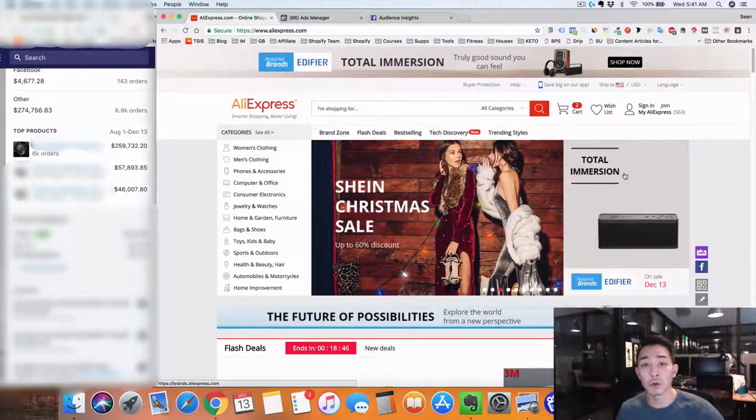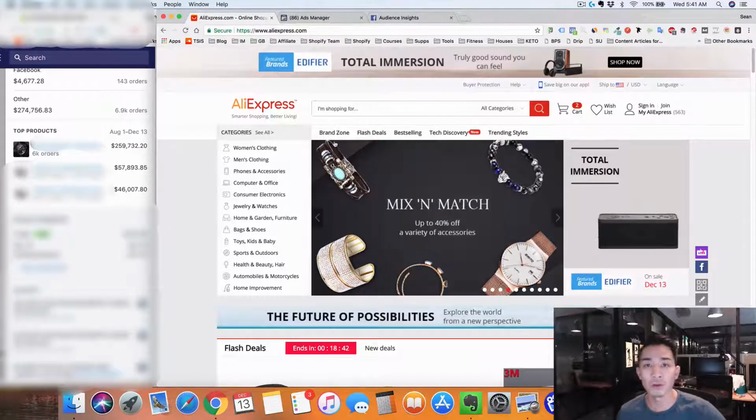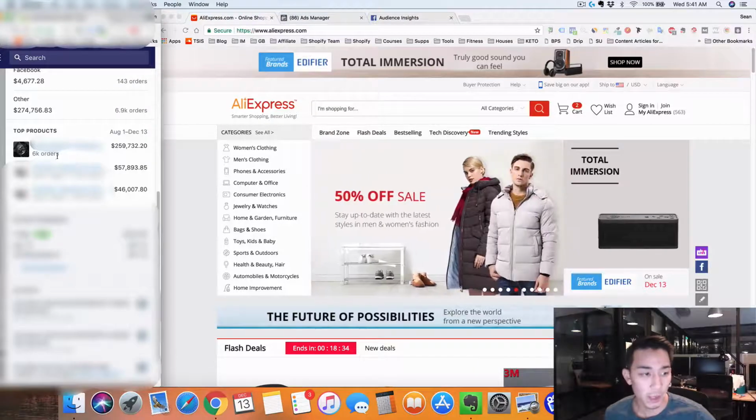And today I'm going to show you one product that in the last year has sold over $259,000 for me. Just one product. So let's hop right in. On the left here, it's a black mechanical watch. And over here you see it sold